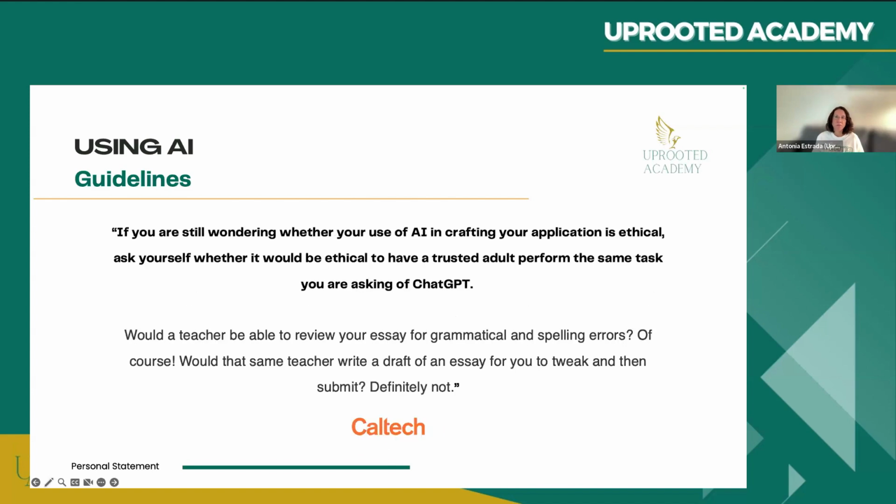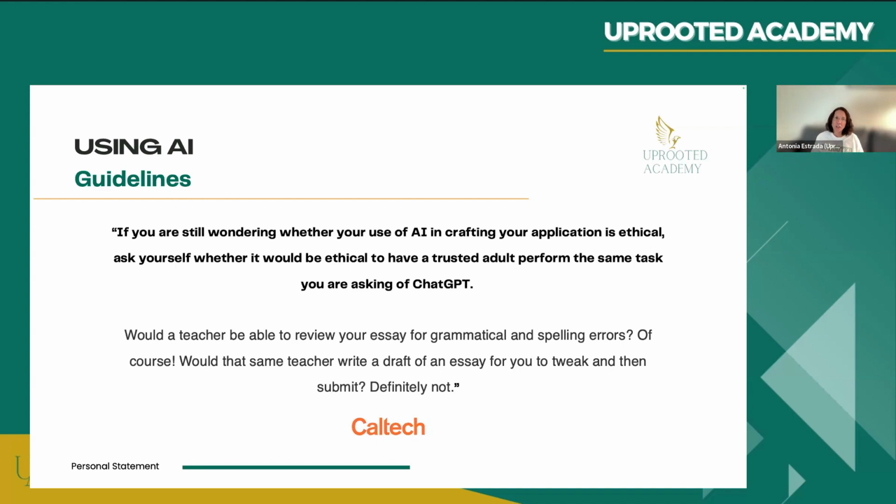So that's Georgia Tech. Caltech's guidelines are a little bit more restrictive. It actually has a lot more than what you see here, but this is a general guideline that I think could be applicable to any school. Caltech's general guideline is, if you are still wondering whether your use of AI in crafting your application is